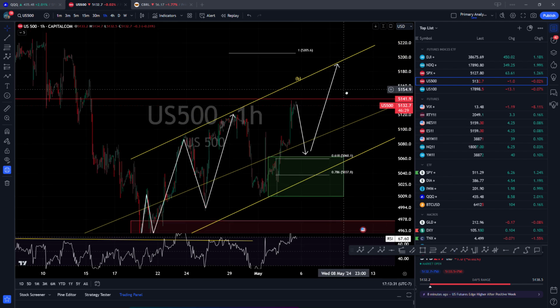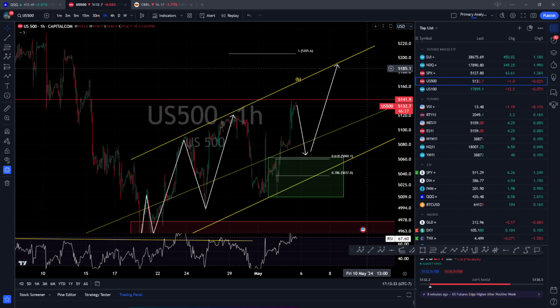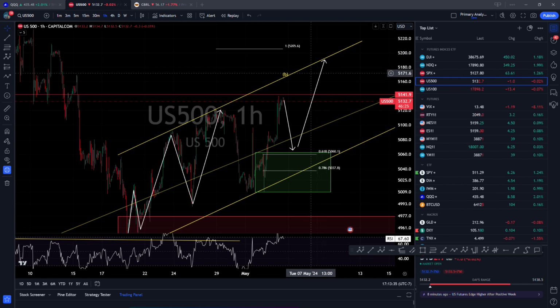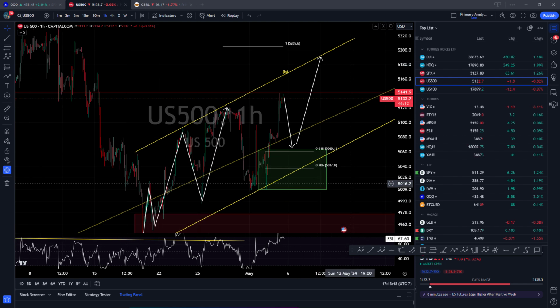What happens after 5200, we'll just see about it. If this becomes like a wave 3 and we keep going up, which again, I'm pretty sure that, knowing how big players play, they're going to just park it in an area where, before CPI, we will not have a clue whether it's going up, or they're going to just sell it off on the CPI, right? And CPI, I think, is Wednesday next week, or Tuesday or Wednesday next week. So these two legs is what I think will happen before CPI. Will it be a pre-CPI run? I think there is PPI also coming up.